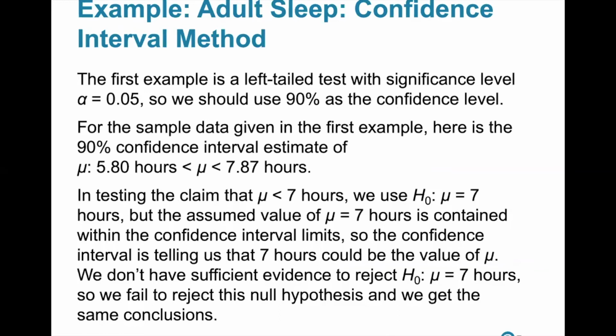So the first example that we just went over is a left-tailed test with significance level 0.05. So we should use 90% as the confidence level. I remember we had an example like this in section 8.2. The reason that the confidence level becomes 90% is because if the area in one